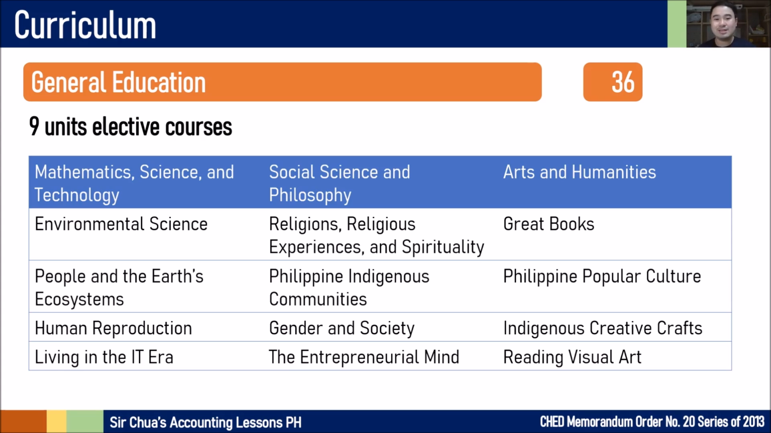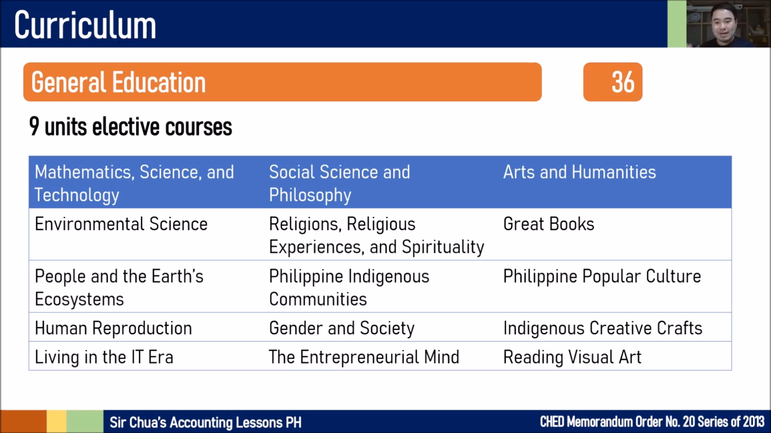So for the math, science, and technology, we have environmental science, people and the Earth's ecosystems, human reproduction, and living in the IT era. For social science and philosophy, religions, religious experiences and spirituality, Philippine indigenous communities, gender and society, and the entrepreneurial mind. For arts and humanities, we have great books, Philippine popular culture, indigenous creative crafts, and reading visual arts. According to CHED Memorandum Order 20 series of 2013, students should get at least one from these 3